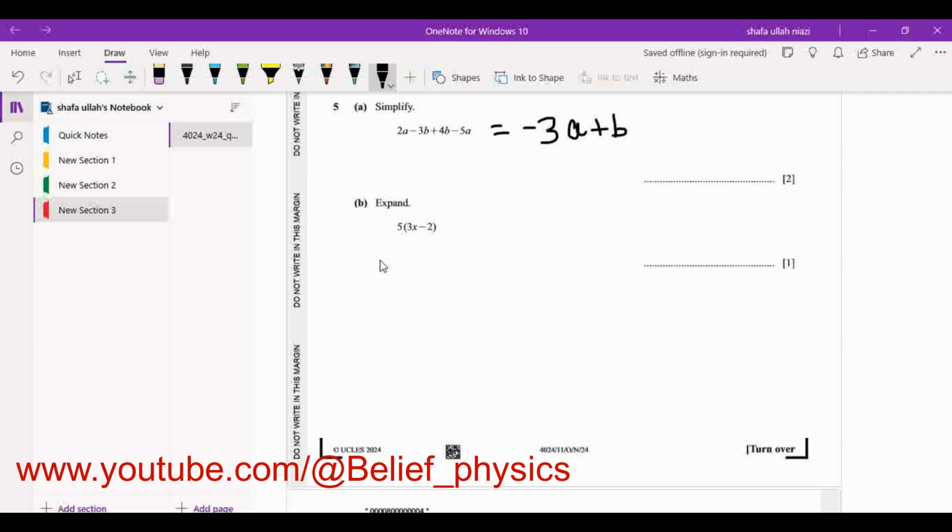Next is expand this. We have to multiply it. First we multiply 5 with 3x, then we multiply 5 with the 2. So 5 multiplied by 3x is 15x, I write 15x minus 5 times